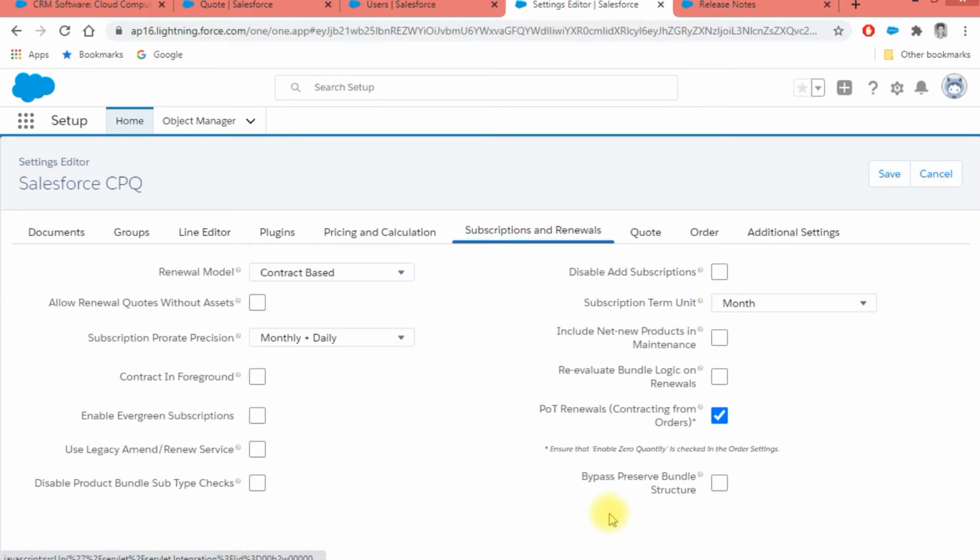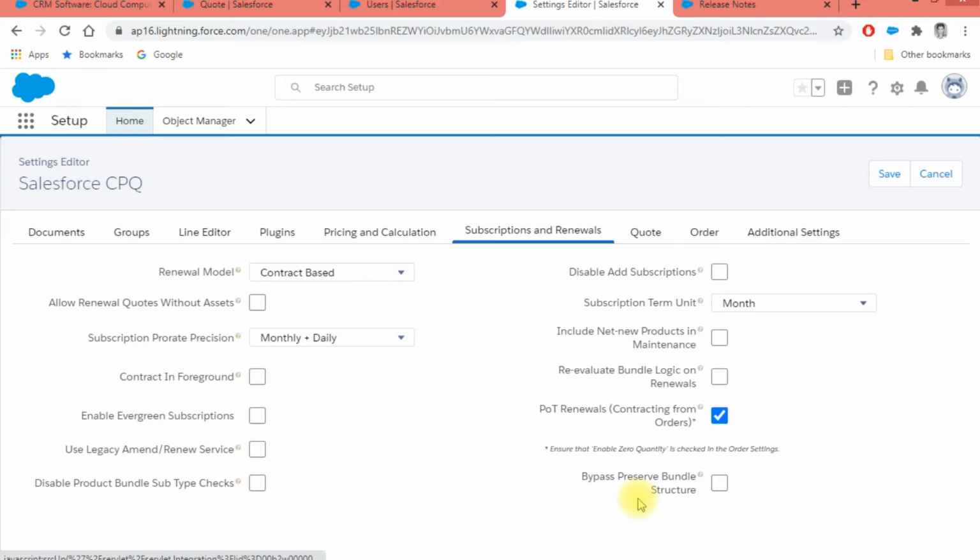And here is the option to bypass preserve bundle structure. Though this option is given in this release, you need to make sure that this particular setting does not hamper your existing product rules or price rules. These options would be helpful in case of amendment.